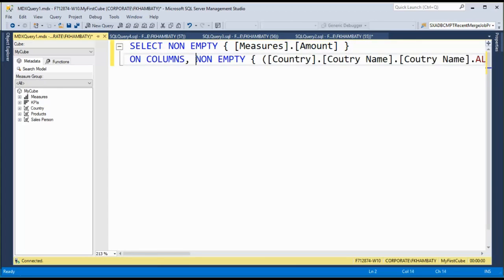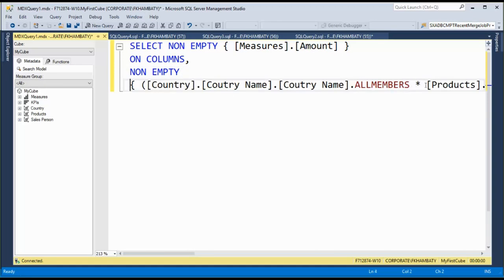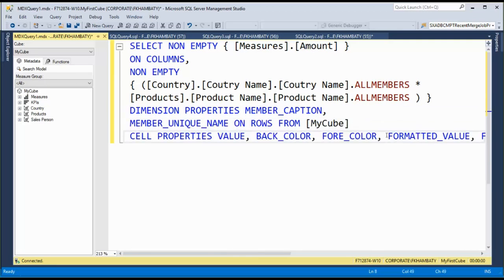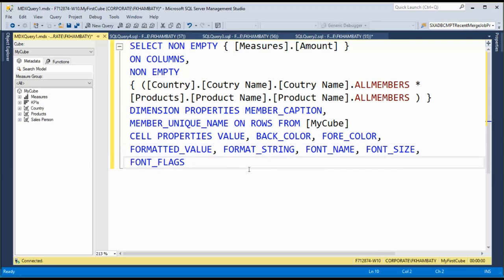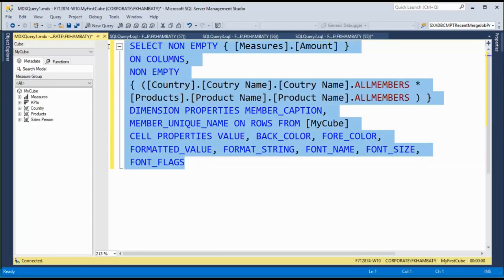MDX is quite a difficult language actually. It's very difficult. So in the background, to give you this good data that you're looking at, it is running so many things.